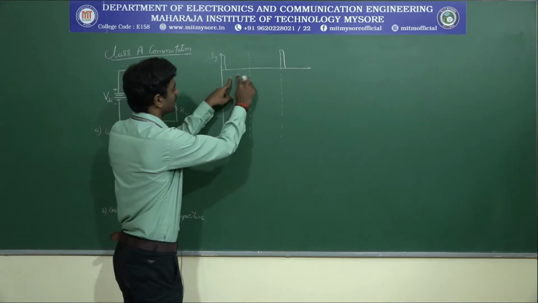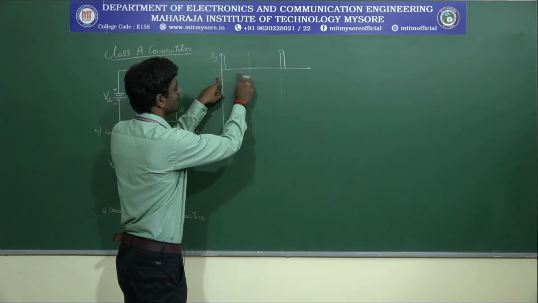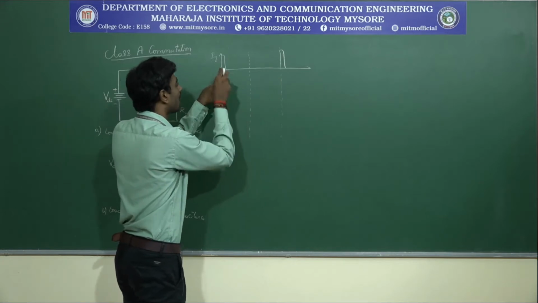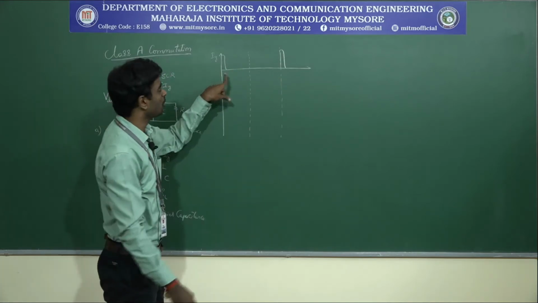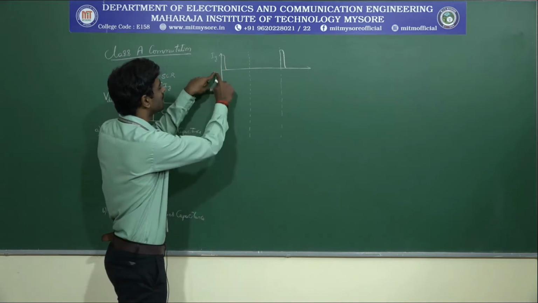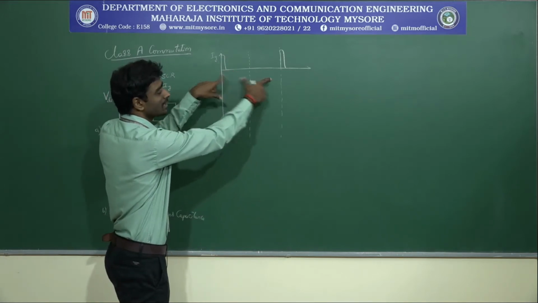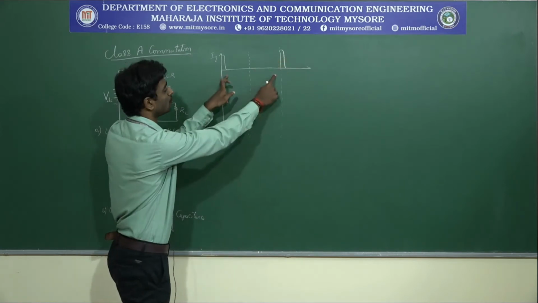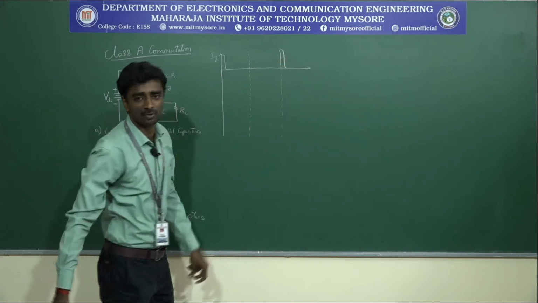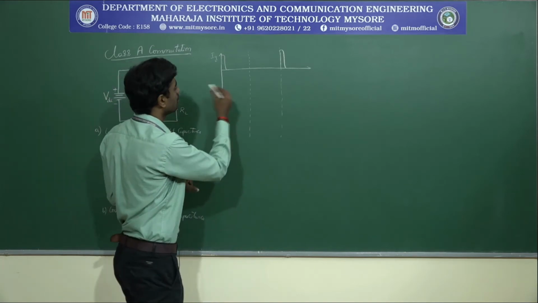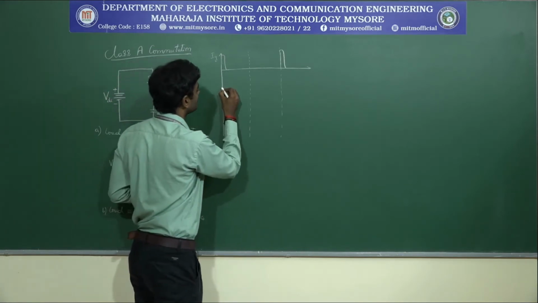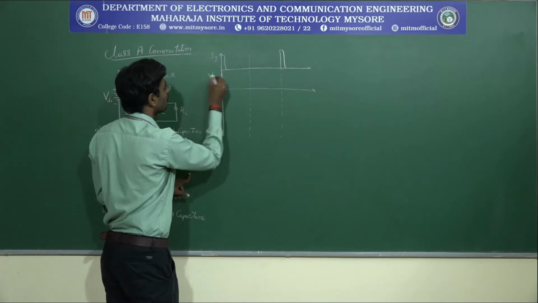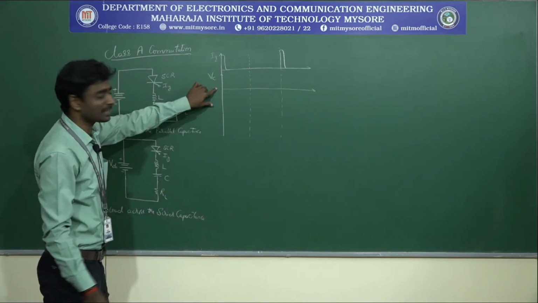The first will be one half of the sinusoidal signal, and another will be the other half of the sinusoidal signal. So you are applying the gate drive only at the initial, that is 0 degree of the first phase, and you are applying it at 0 degree of the second phase. This will be the one phase, and this will be the second phase of your circuit. So similarly, when you are applying a gate drive across this, I will measure the voltage across the capacitor. If you consider the voltage across the capacitor, what happens here?